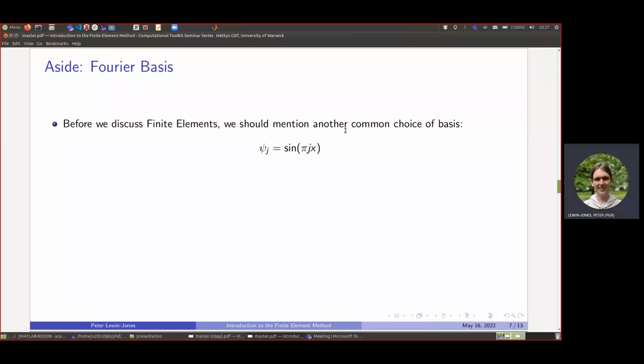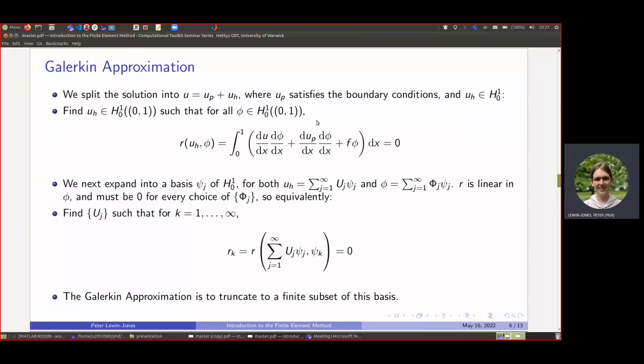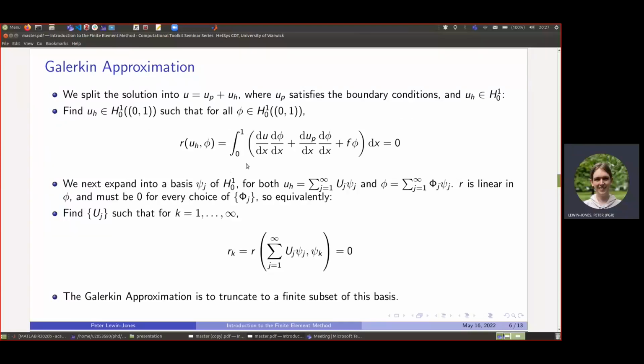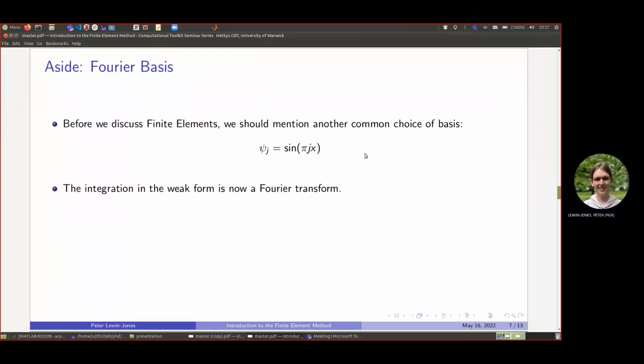So as a quick aside, another version of this that you might well have seen is if you instead choose psi j to be sine functions. And suddenly, this is something that a lot of you will have heard of. The integration that we have is actually now a Fourier transform. So if I go back to here, this integration, if you imagine putting sine in here, just say for this f, f times sine pi j x on this interval will actually be the Fourier transform of f, or a version of it, given the conditions we've got on the boundaries that we put on this interval,